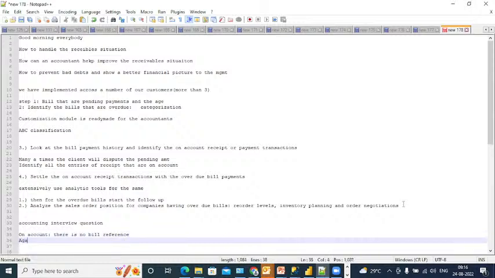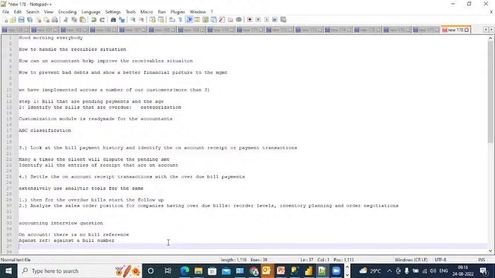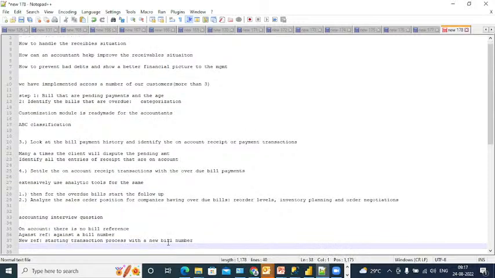Then against reference is, you have against a bill number, and a new reference is that you are starting the transaction process with a new bill number. And the fourth is against advance. So advance basically means I'm paying you in advance,